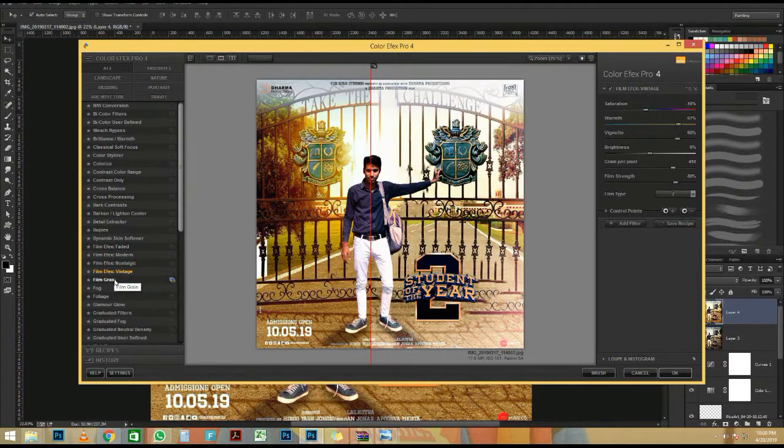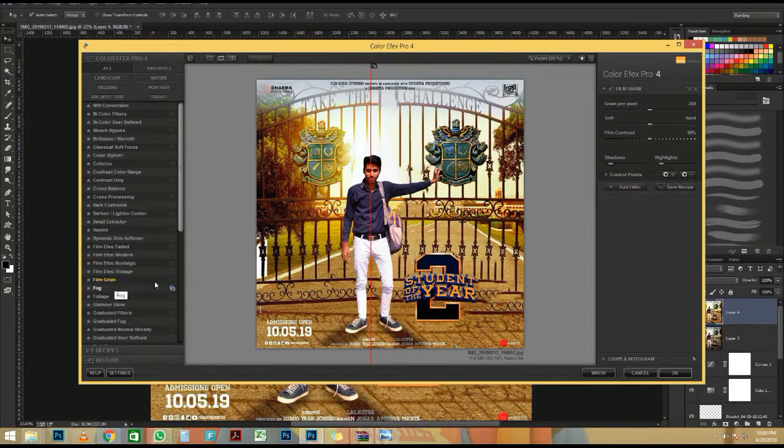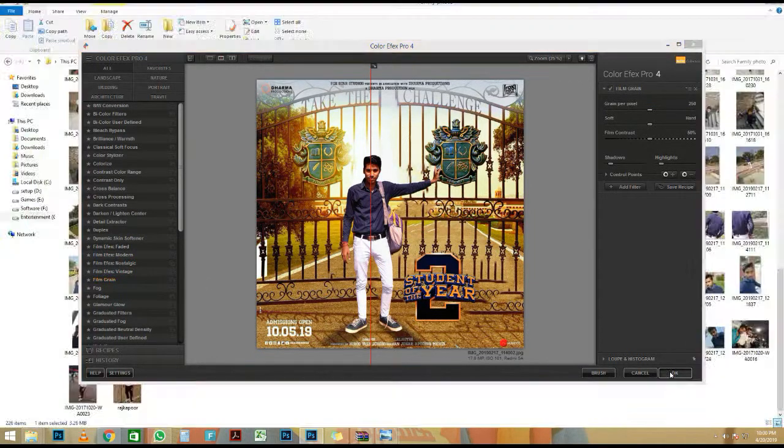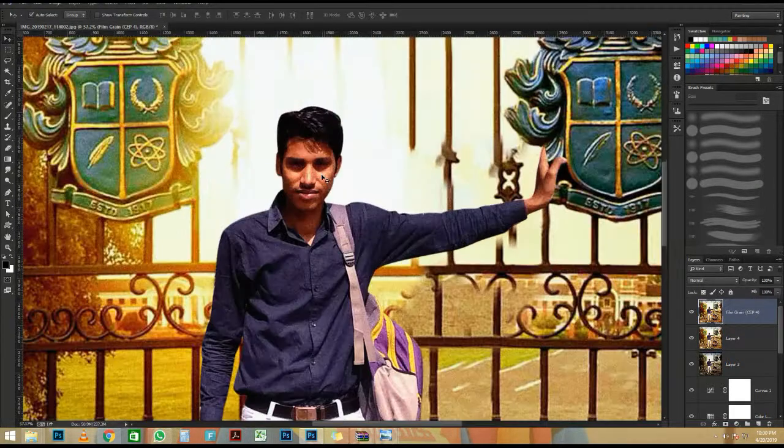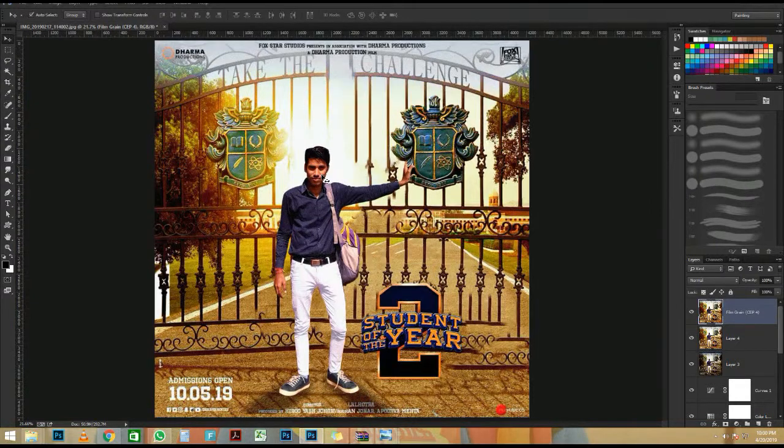The first thing that we need to do is mask out the snow from the ground. So I'm going to go into the Channels panel, and I'm going to look for the channel that's got the most contrast. In this case, the blue channel. I'm going to click and drag on the blue channel and drop it here on the new channel icon to duplicate it. Now with the duplicate channel, I can start making adjustments to it. The first thing I'm going to do is fill with white on the areas that I want to keep. First, copy icon to make a selection around it. Go back into the layers panel,